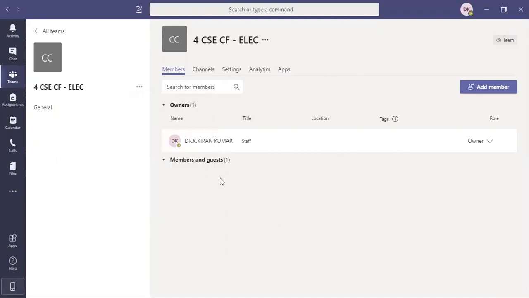And see here, if you click on the members and guests, I am the owner. Owner means the person who created this particular class, and I have added one guest. So I have added one student to my class. Now I have added only one student to the class, and I am inviting the rest of the students